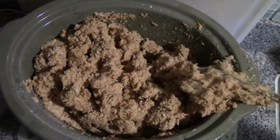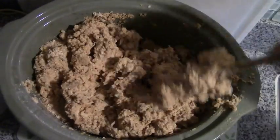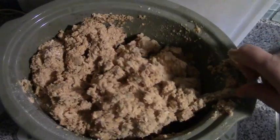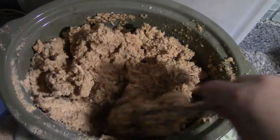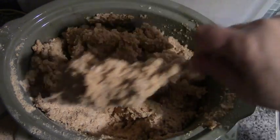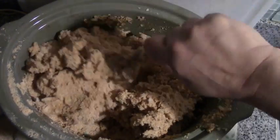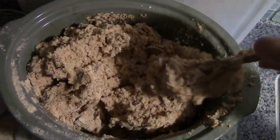Now, if you want to do it this way, and you want to add some essential oils or anything like that, don't add them until the end when you're ready to remold this. The recooking process can burn off the scent. So now, if there's still some dry in the bottom,